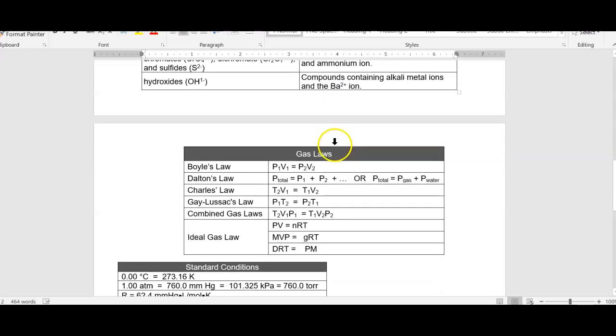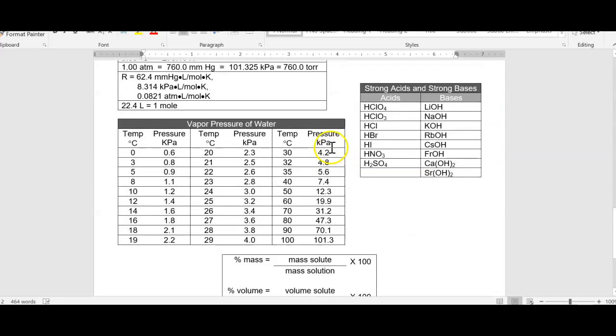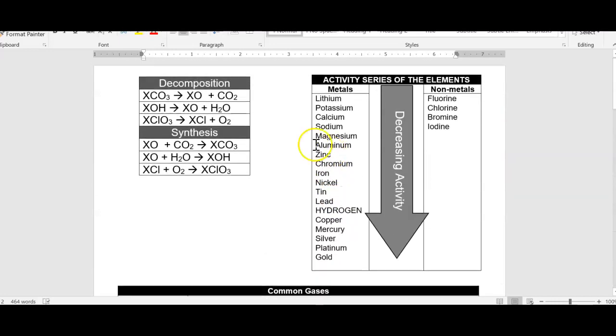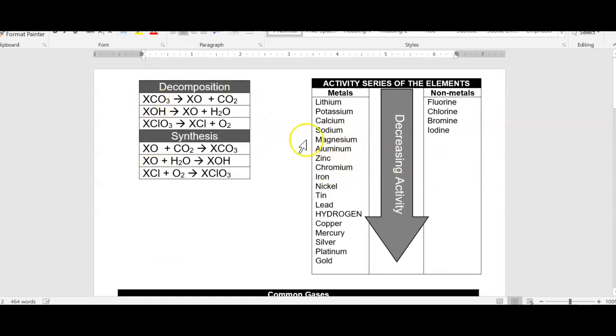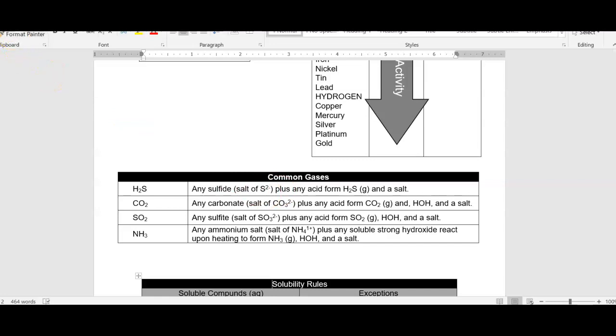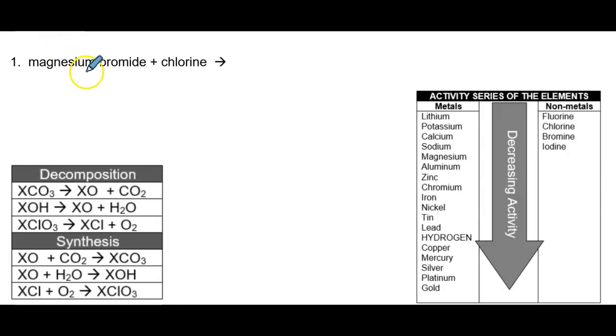This will be in your Schoology folder, and this is the back side. We will primarily be using these three pieces for this: this activity series and the common gas grid. Okay, so hopefully you've gathered those things either virtually, electronically, or hard copy. So, you're going to have to still maintain your skills of writing chemical formulas to be able to complete the